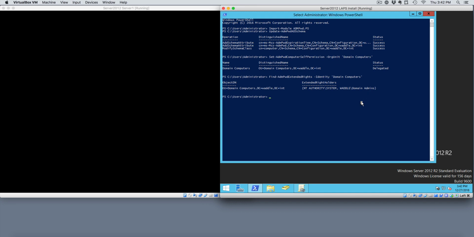Well, I want my help desk users to be able to view these passwords. So when people call in and our help desk folks need to access the local admin password, we can do that. So here's how we're going to do that. We're going to use Set-AdmPwdReadPasswordPermission. So, read the admin password, the permission to do so for the org unit, or the OU, of domain computers. So you need to do this for each of your OUs